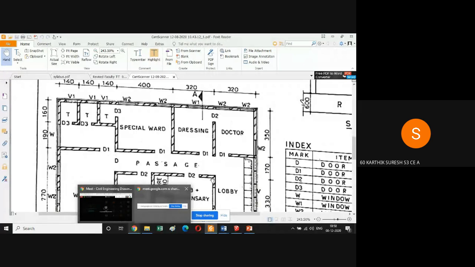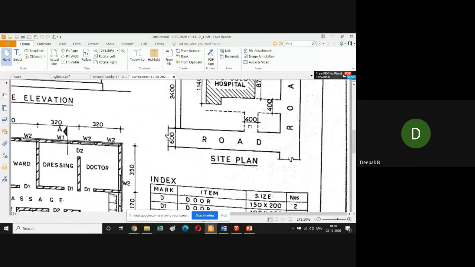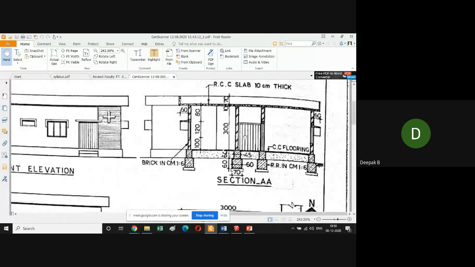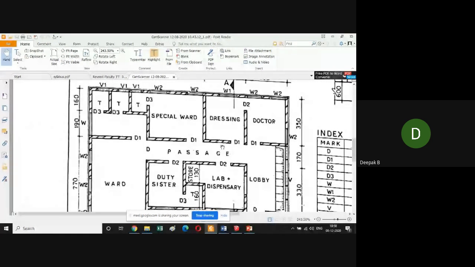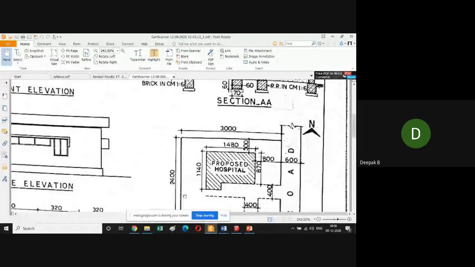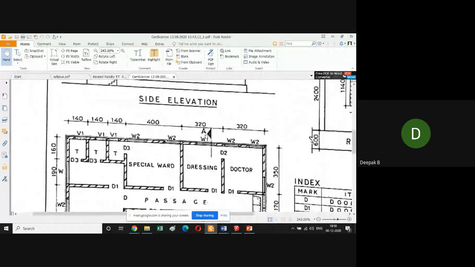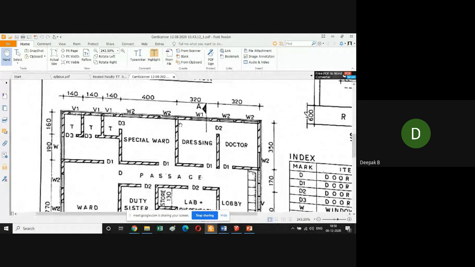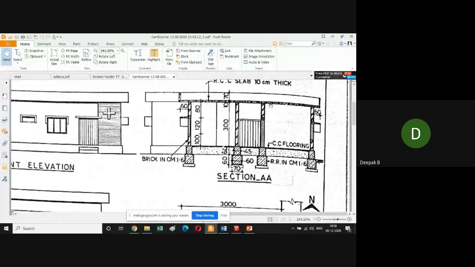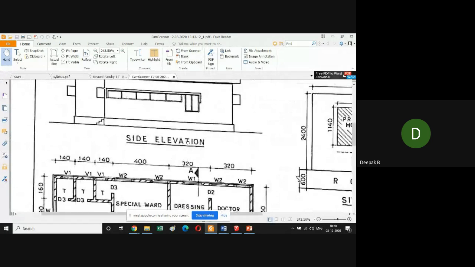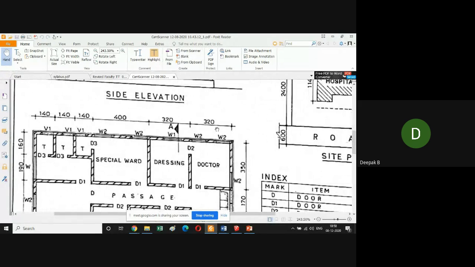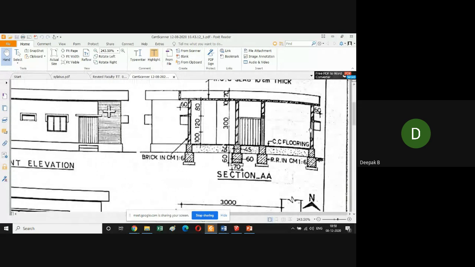Yes, sir. Okay. So passage, you have to show that door. Then it is cutting the door D1 here. So you have to show the section of the door and the lintel. This room here, this wall is visible, but this wall is plain, so you don't have to show anything. Just show the plain wall, and it will cut the window W1, and so you have to show the section